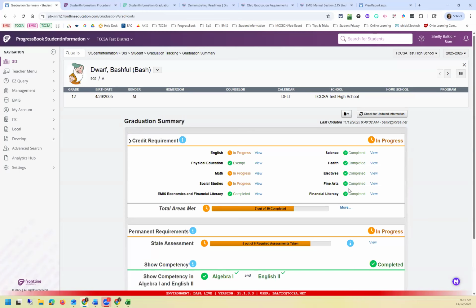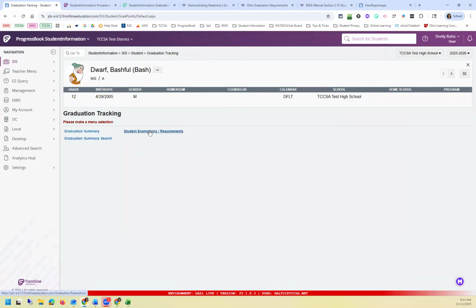Again, with that being said, the exemption has to be manually marked because the student might have more than one or more than the 5 electives. So if I go back to my graduation tracking, my student exemption screen,